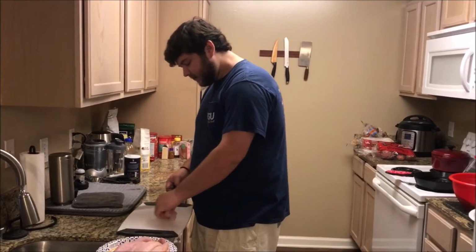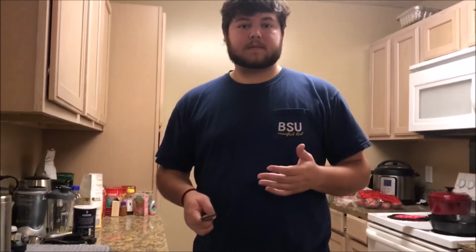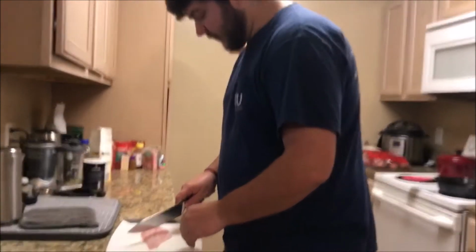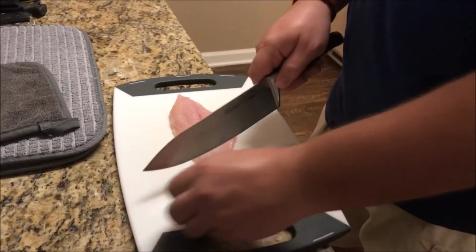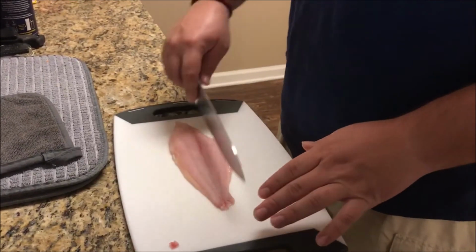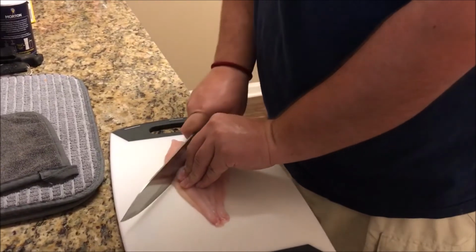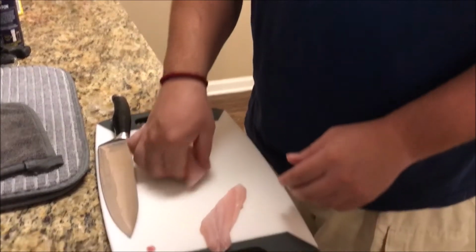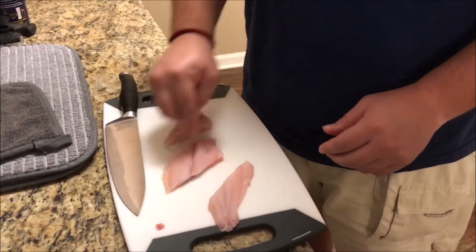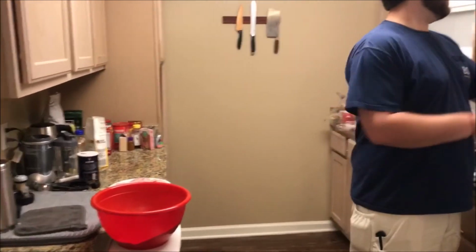Whenever you're frying fish, the best way that I find is to have good, crisp, clean corners. So I like to cut my fish sometimes in different lengths. Some people like to cut their fish in half, which I feel like doesn't give it enough good corners. So what I'll do is I just go at an angle. And now I have three pieces with good corners on them. What you can do is get a gallon Ziploc